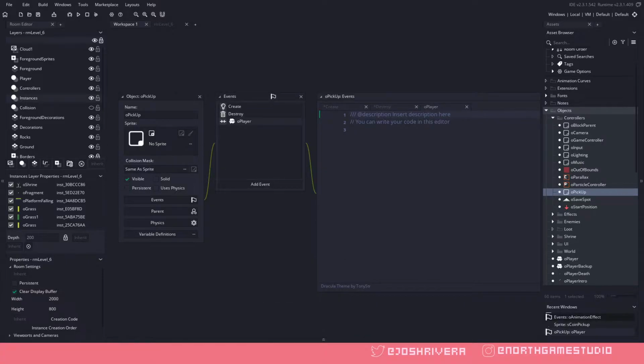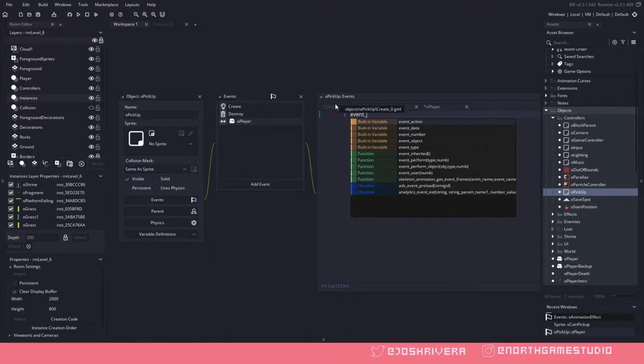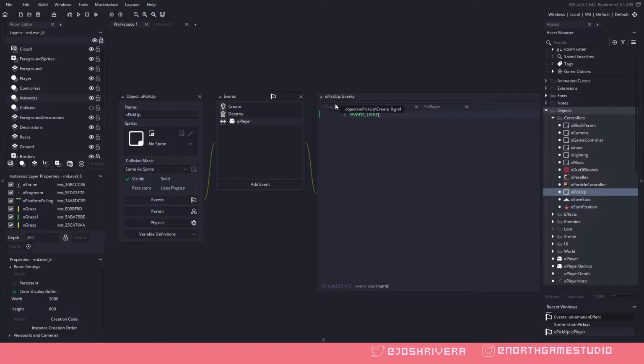So we're going to have a collision with the player. When the player collides with this item, we are going to run an event within that object, which is going to be the picked up event. So what we're basically doing is we're creating a macro, kind of, a variable equal to 0. And when the player collides with any pickup child item, we're going to run that item's picked up event, or